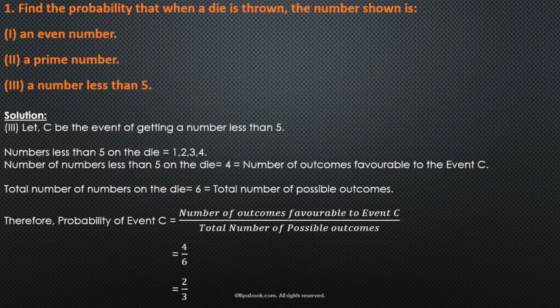Third one, we have assumed this event to be C, that is of getting a number less than 5. The numbers less than 5 on the die are 1, 2, 3 and 4. So the number of numbers less than 5 is going to be 4, and this is the number of outcomes favorable to event C. Total numbers on the die, so this is the total number of possible outcomes, and thereby the probability